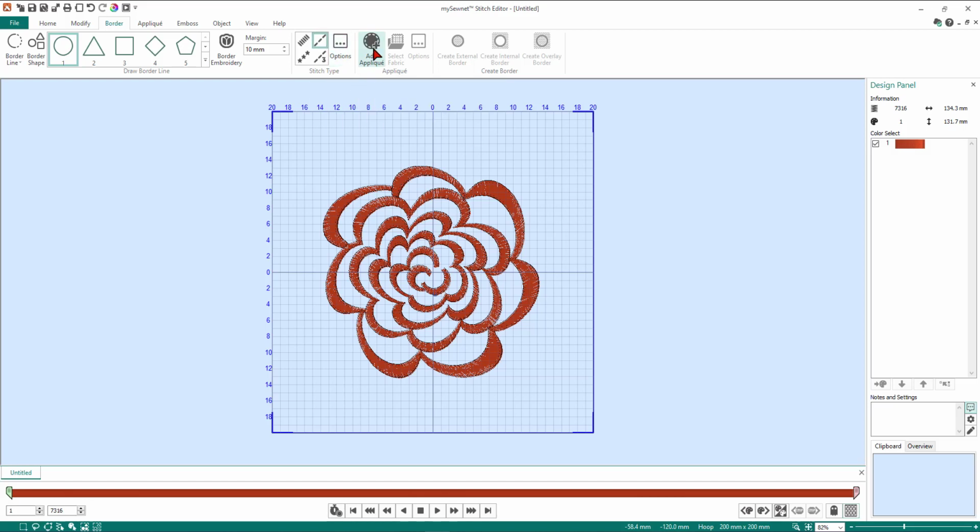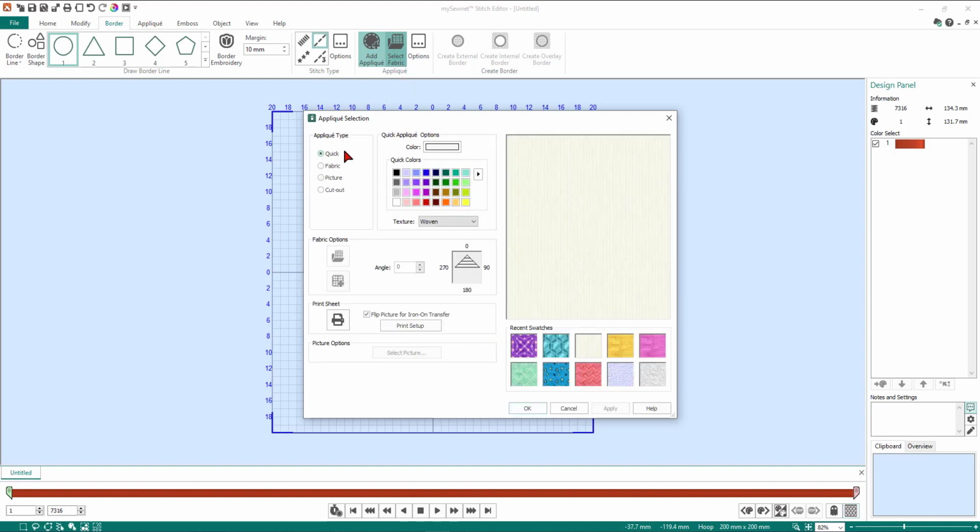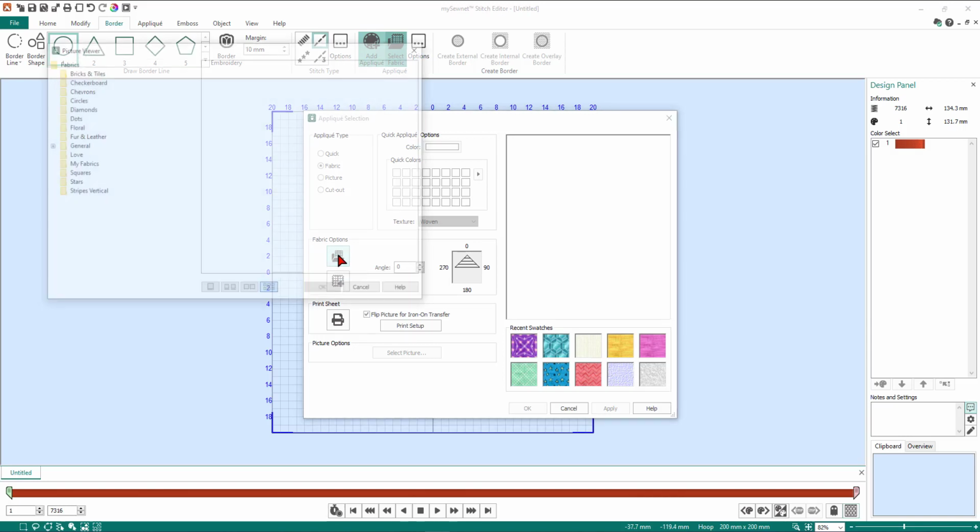Now we're going to come into the applique section, and we're going to go add applique, and then that is now highlighted, and then we're going to select our fabric. So when our fabric selection box comes up, we're going to change it into fabric, and that highlights our fabric options button. Then I'm going to click on load previously saved fabric,